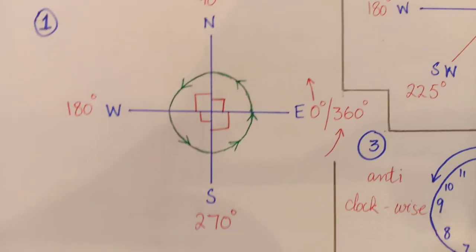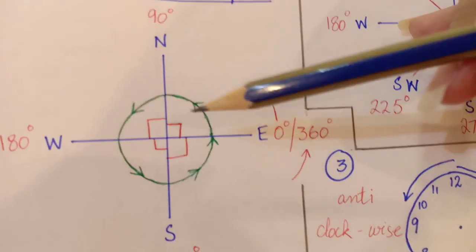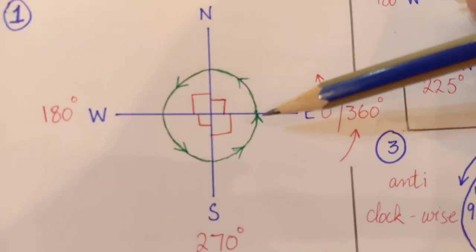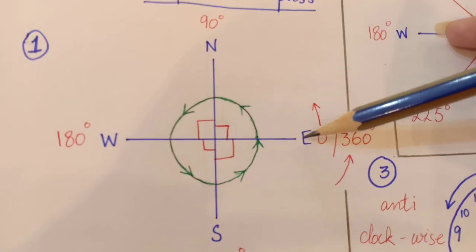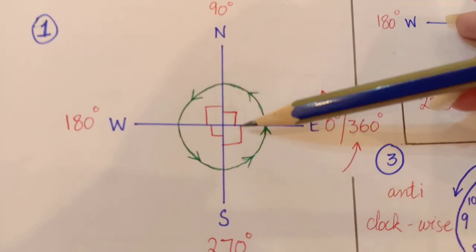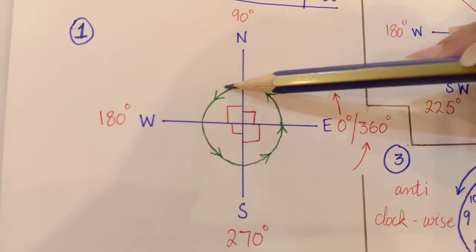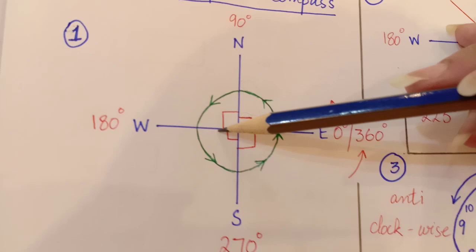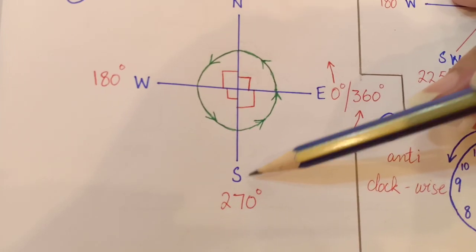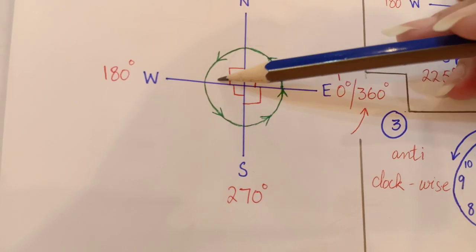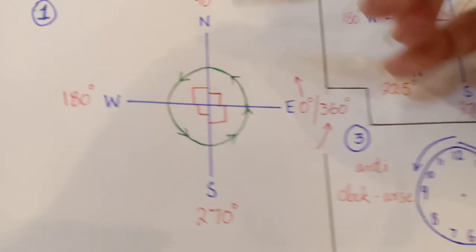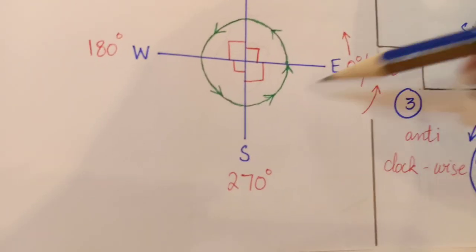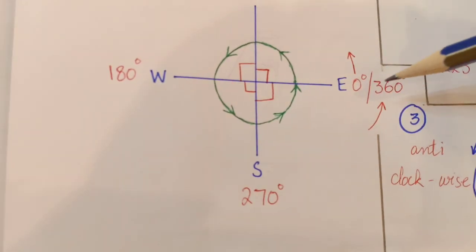You can see here the angle between two of these major directions is a right angle of 90 degrees. From east to north the angle is 90 degrees. Then from north to west again we add 90 plus 90, which is 180. Again we add 90, 270. So from this point 90 plus 90 plus 90 till here it is 270 degrees. Then again we add 90, and it reaches that point again, and 270 plus 90 becomes 360 degrees.